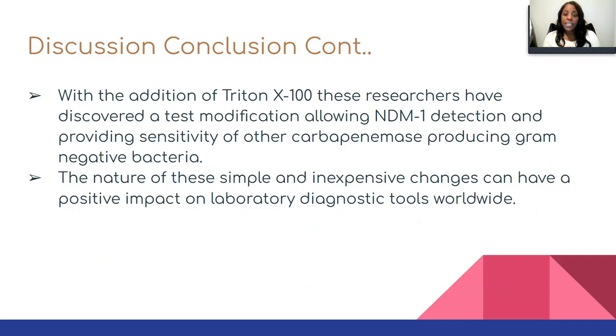The nature of these simple and inexpensive changes have a positive impact on laboratory diagnostics worldwide. And I'm quite sure that many of the patients would appreciate it as well. I don't know whatever happened to that patient who had the infected neck port, but I hope she's doing well,